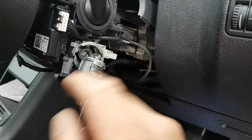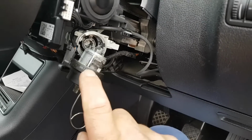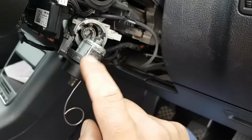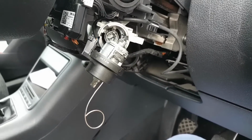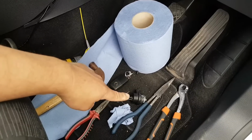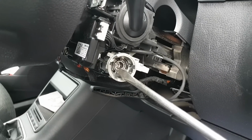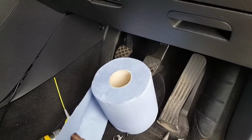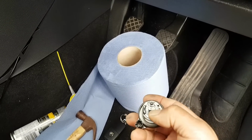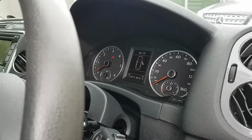Okay, now we're going to unplug the antenna and see where the problem is, if the problem is here or if the problem is in there. I'm going to believe it's going to be here where the key goes in, but we'll have a better look. Okay, and after just a tiny bit of investigation, looks like my problem is indeed in there. So as you can see, if I put a screwdriver here on this square slot right at the bottom, which is where the actual driving part for the lock goes, on, off, on, as you can see,